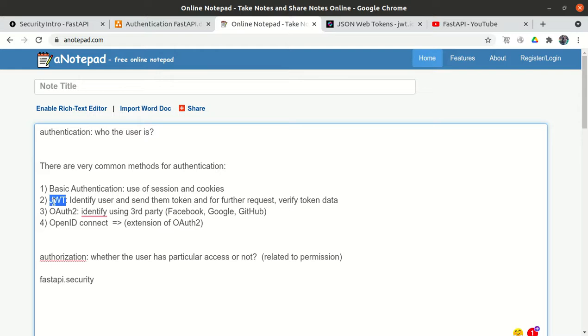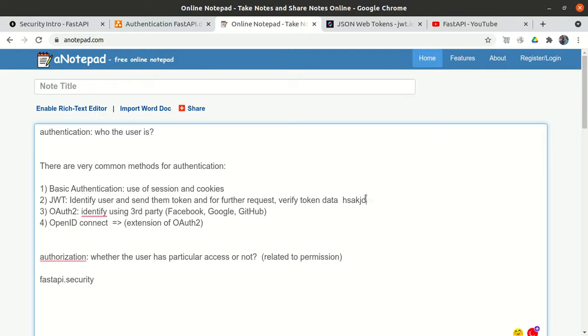So what is JWT? JWT is basically an extension of this. The user will enter the user ID and the password, and after that, rather than a session or cookie being generated, one token will be generated. A token is just a random string, something like this.